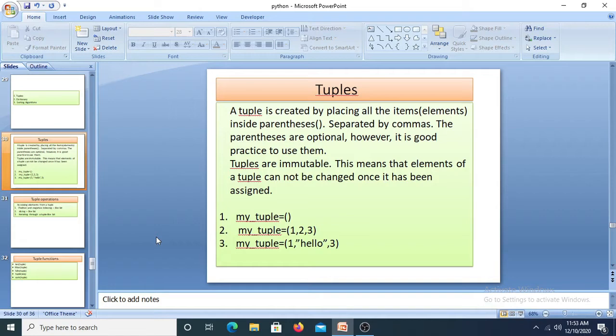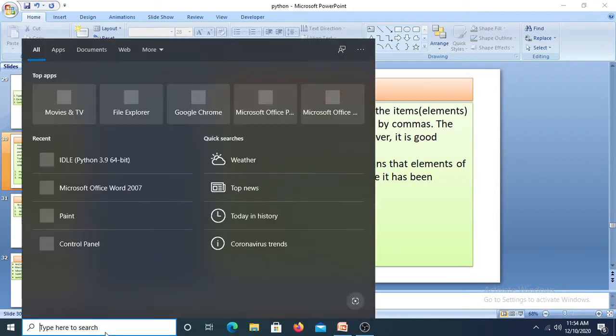A list also has a concept called indexing. From left to right it starts from 0, and from right to left it starts from -1. By the index values we access the values in a list. In tuples also we can access through the index values, but whatever elements you have stored in the tuple cannot be changed. So it is called immutable. For example, I have created one list with 1 2 3 4 5 6 7 within the square brackets, and that value can be changed. We can see this practically.